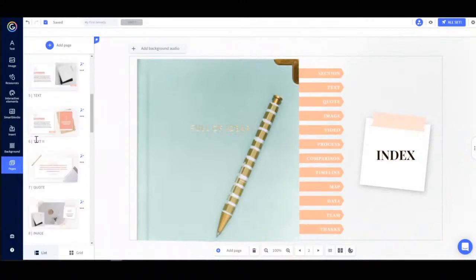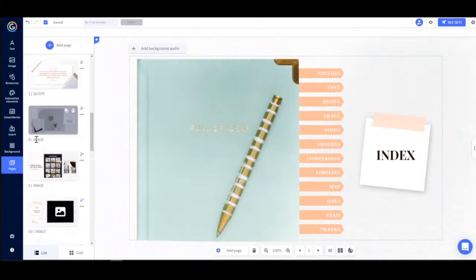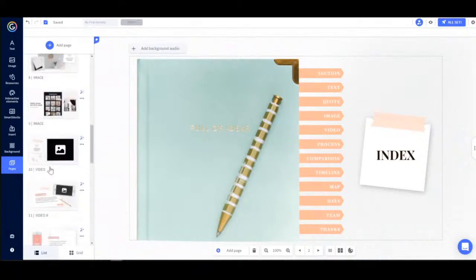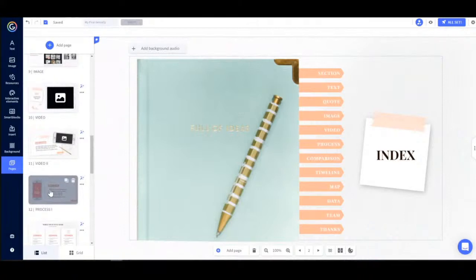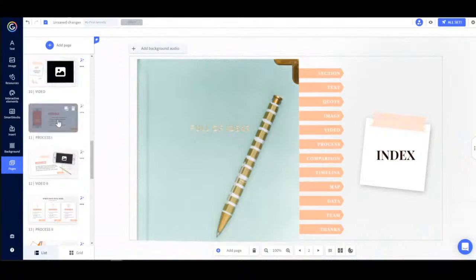Here, you can rearrange your pages, you can duplicate them, delete them, or rename them, as well as adding new pages. So let's see how to do it. For example, to rearrange pages, just click on the page that you want to move, and without unclicking, drag it to the new area and release.